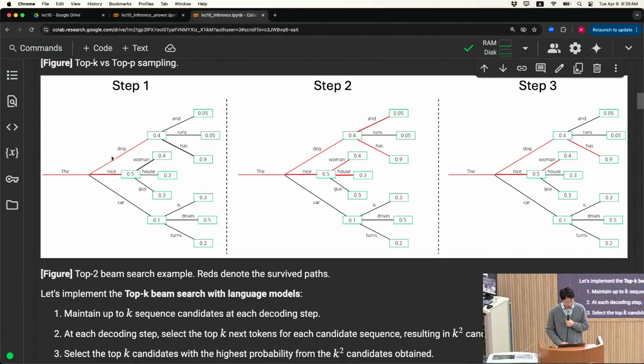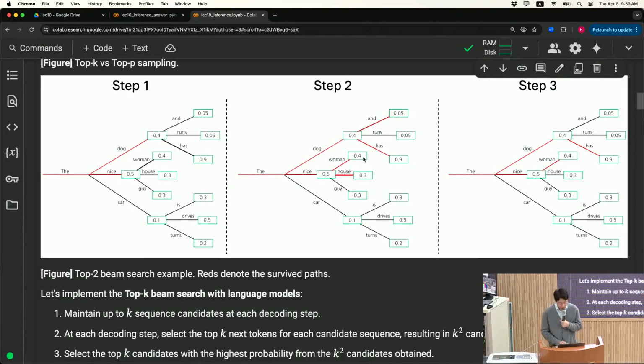So here for this sequence, the dog, we're going to maintain 2 candidates based on the probability. So these have high probabilities: the dog has, the dog and. And for this beam as well, the nice woman, the nice house, we're going to push it in as candidates